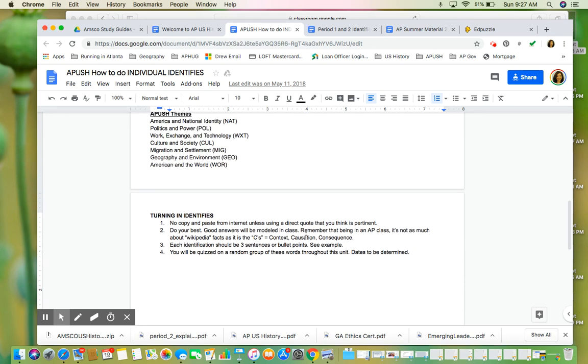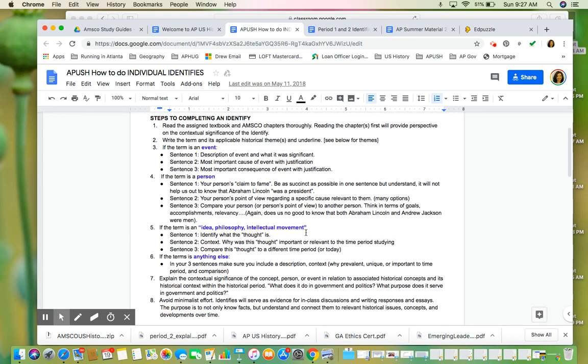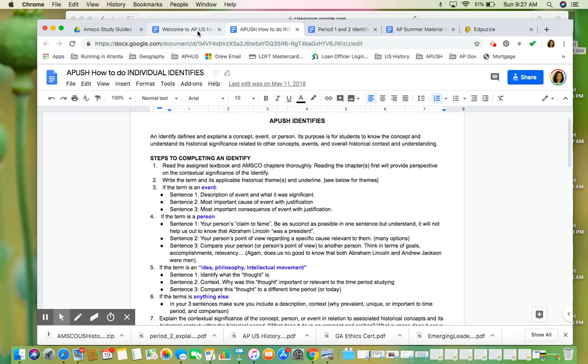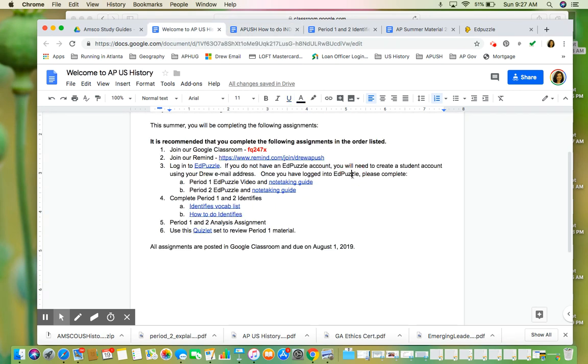So the identifies have been probably some of the most helpful things that students have had. When they get to the test, they say, oh, I know that because of the identifies. And doing the identifies also helps you with other assignments in class. And then the last thing you will do this summer is a period 1 and 2 analysis assignment. And then I've linked this Quizlet set to help you review. All the assignments, the Edpuzzles, note-taking guides, the vocabulary, and the analysis assignment are all due on August the